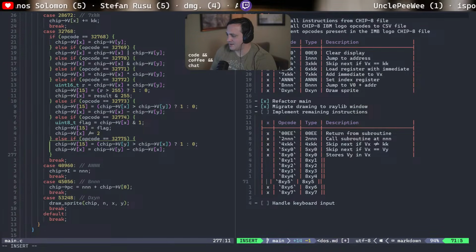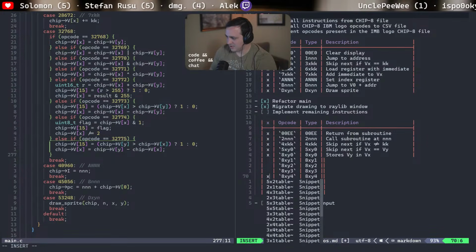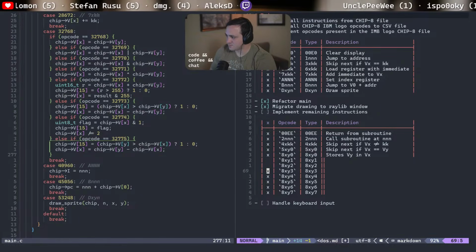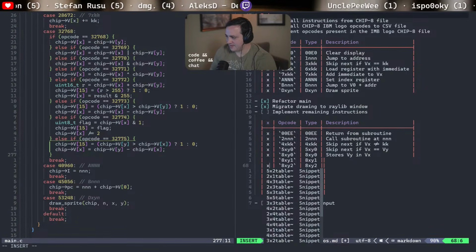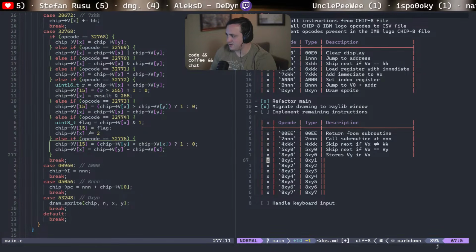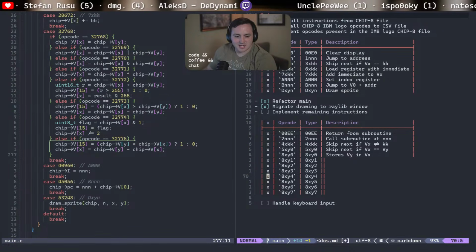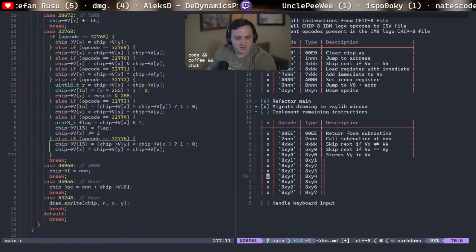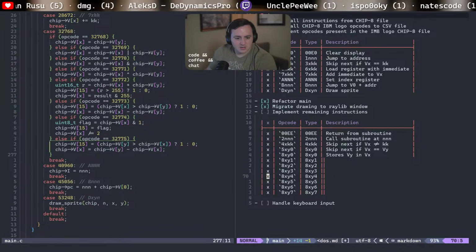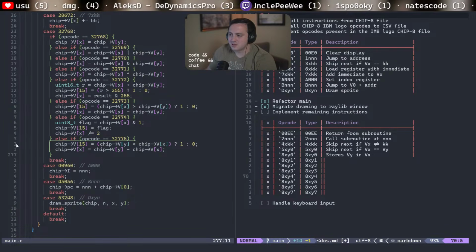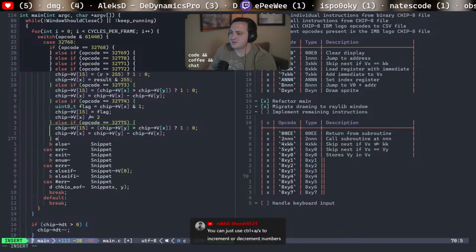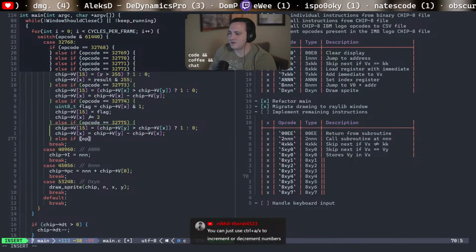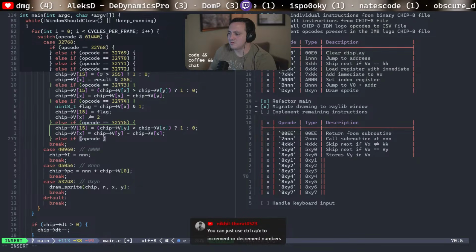That one single opcode, that top level 8th opcode, had 8 nested. Okay. So now we'll do else if opcode equals